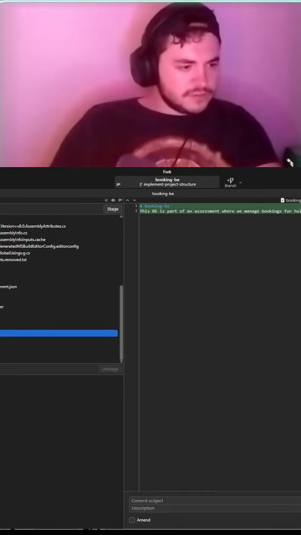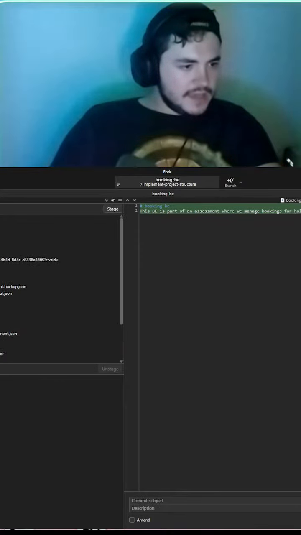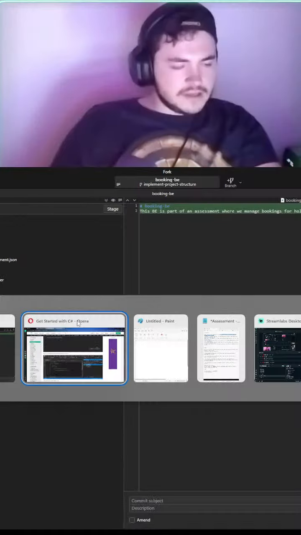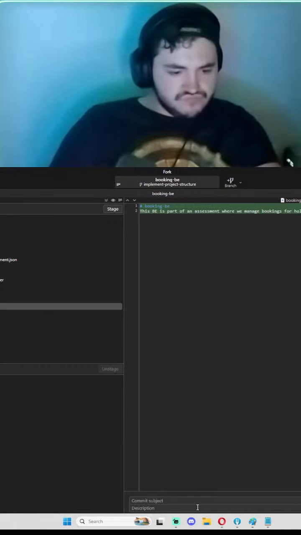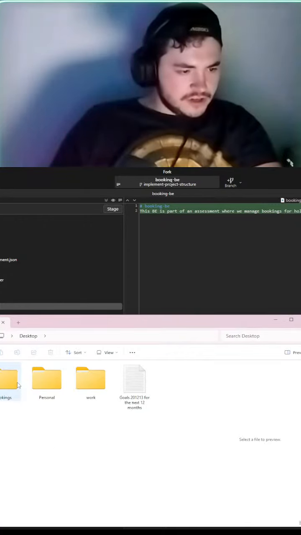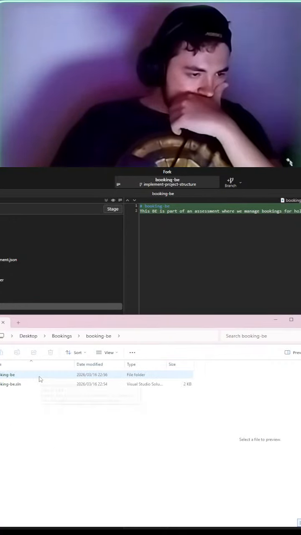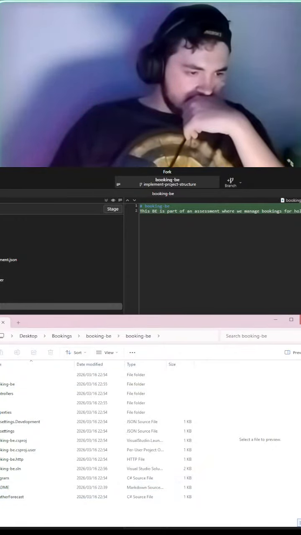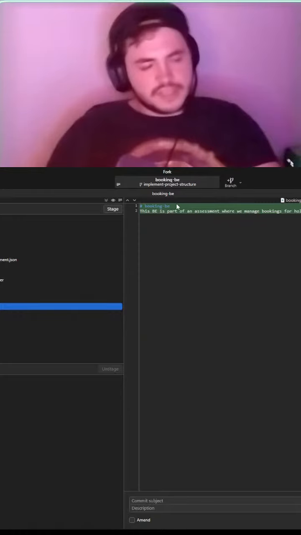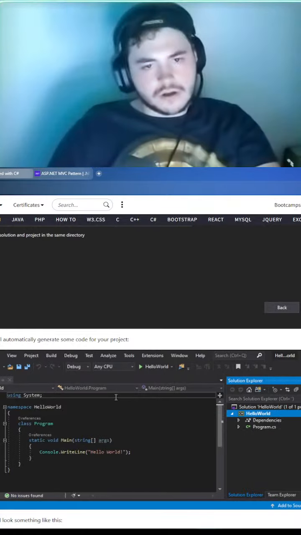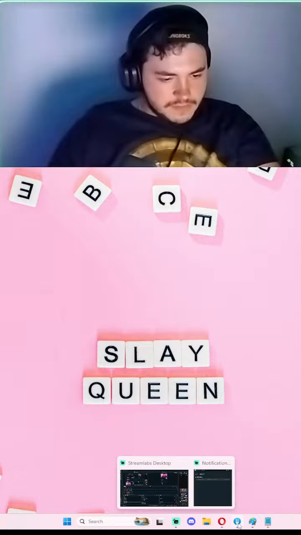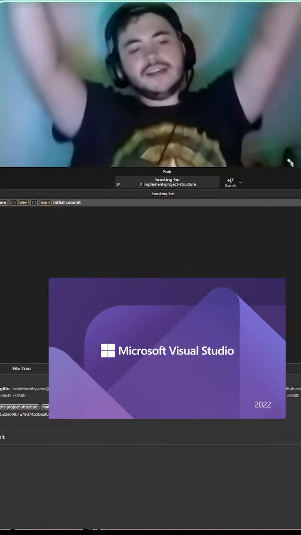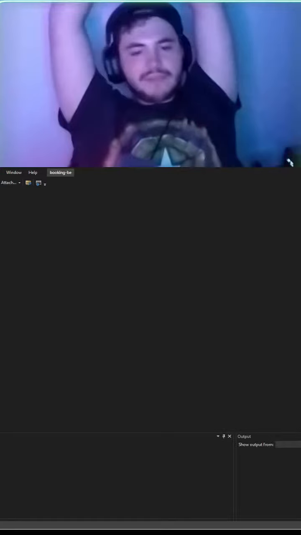Debug, .NET, objects, controllers, booking backend, and then just a whole bunch of config stuff. Booking backend, but the README is there. Let's go to desktop, bookings, booking backend. Then this is the solution, and then the project file. Yeah, it's not going to get any better than this. This is fine, right? So this is our basic project structure that we got going on here. Very, very, very basic project structure. Now, I want to actually see if we can open it in Visual Studio Code. We configured it, so now we can open it properly through Fork.